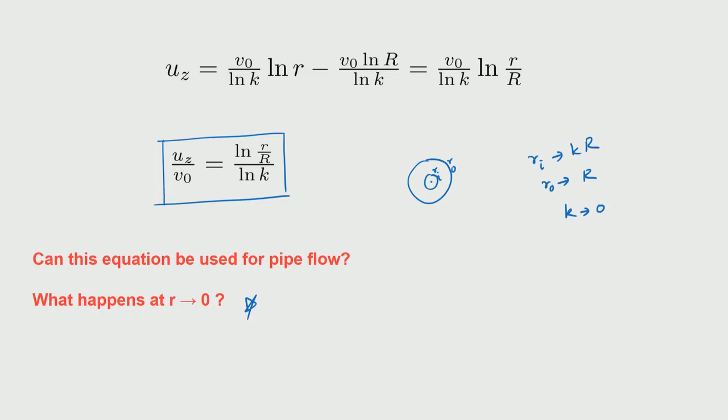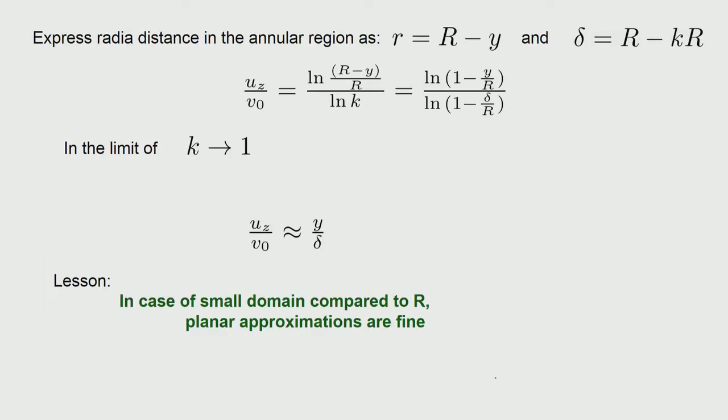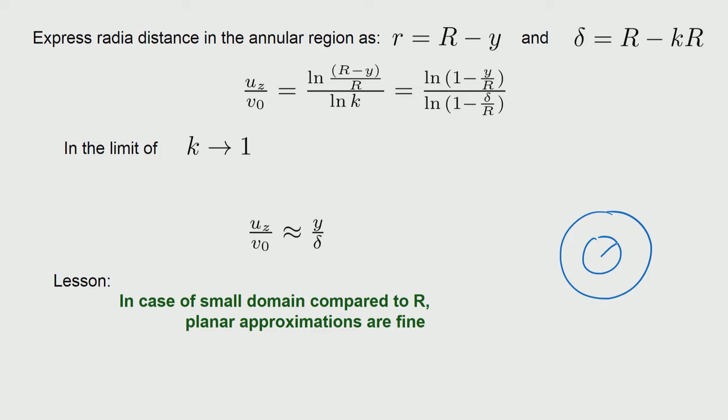So the solution for the annular case should be used only for annular axial flow. Okay. Now we can see under what circumstances this particular flow form can be approximated to a planar case. So what we do is this annular region, what we try to do is that this distance alone we want to express, going from here all the way from 0 to delta. Okay, so we define it in such a way that delta is nothing but the distance here, and y is going from 0 to delta.